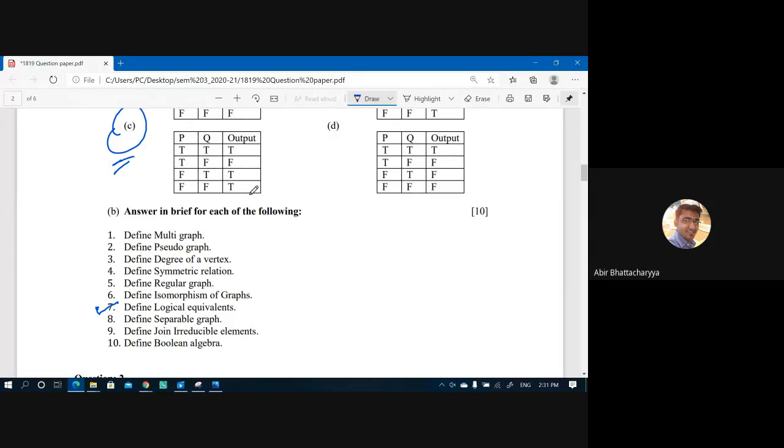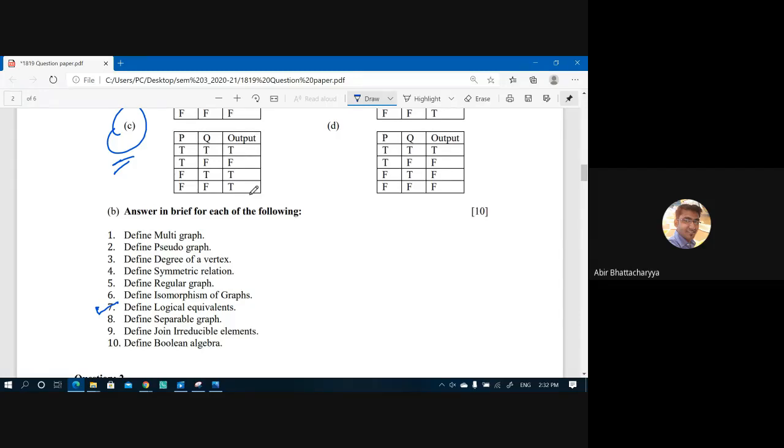All right, many of you put in your responses. It works if they have the same truth table for all possible conditions. When I say they, it should be compound statements. So logical equivalence we can decide between two compound statements. The basic definition should be: two compound statements are logically equivalent to each other if P bi-implication Q is a tautology,